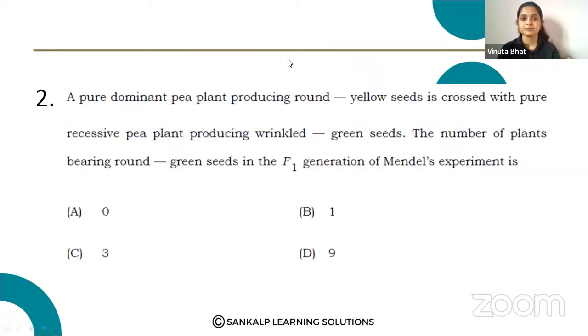Next question. A pure dominant pea plant producing round yellow seeds is crossed with a pure recessive plant producing